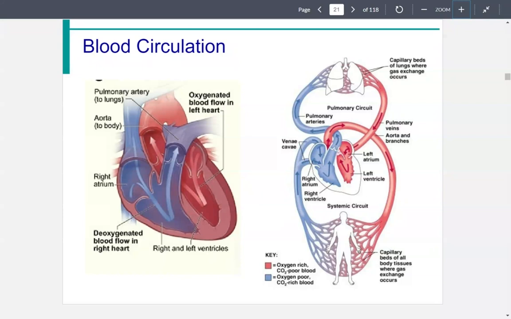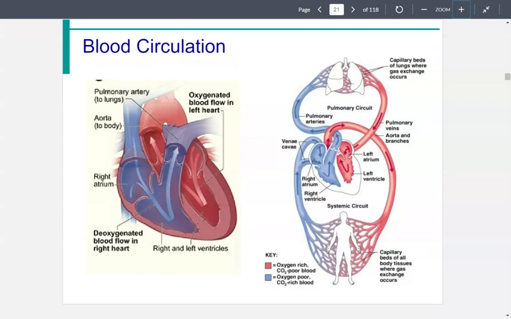I prefer to start it at the right atrium. The blood comes from the body into the right atrium, goes through the right AV valve into the right ventricle. It goes through the pulmonary valve into the pulmonary arteries, where it then goes into the pulmonary capillaries, then into the pulmonary veins, coming back to the left atrium of the heart, going through the left AV